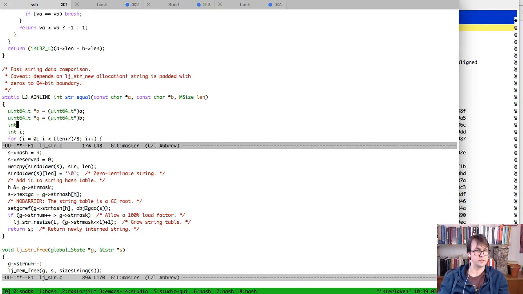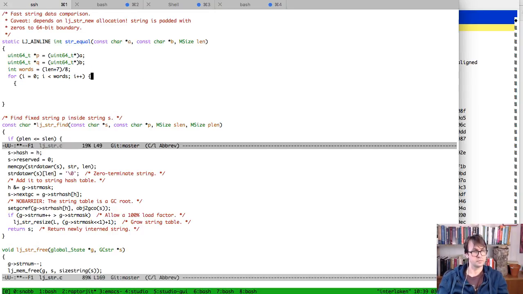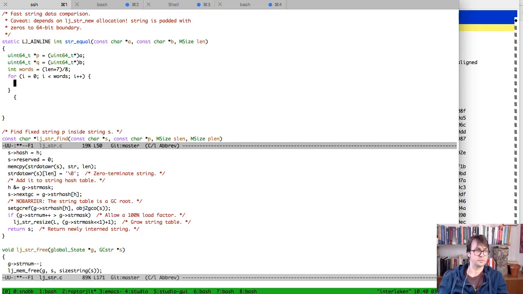We'll say int words equals, that's the number of machine words that we need to compare. And we're going to say that if P